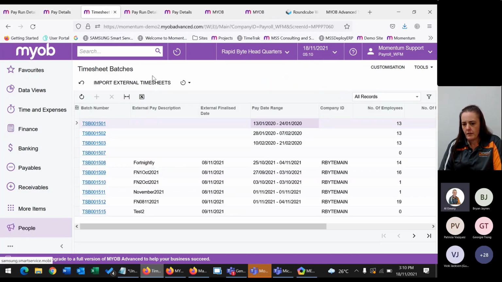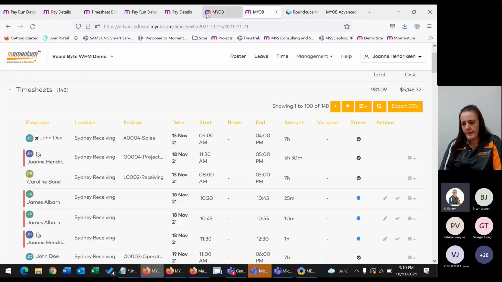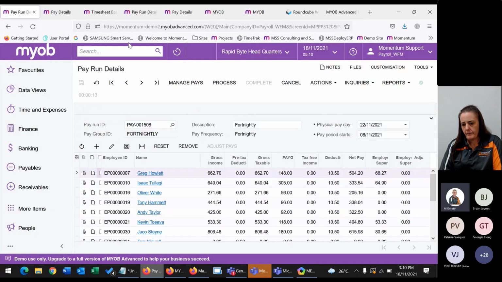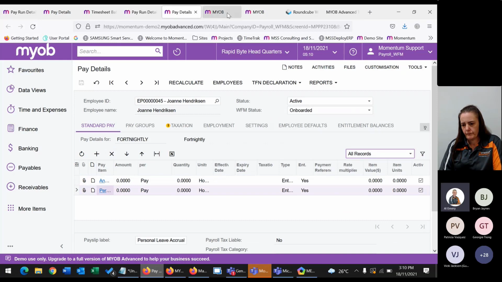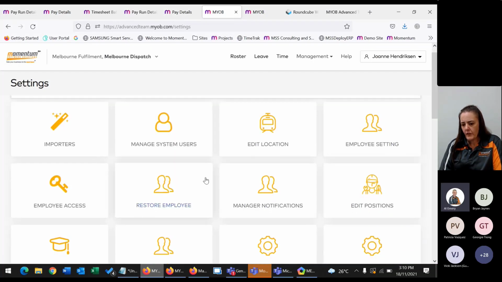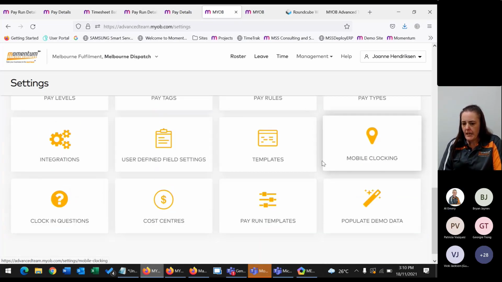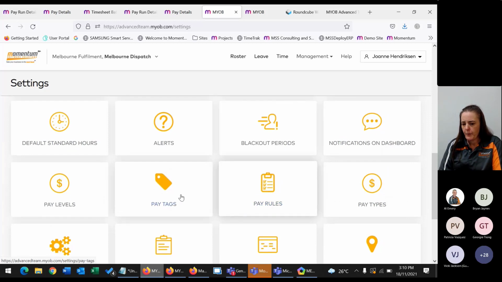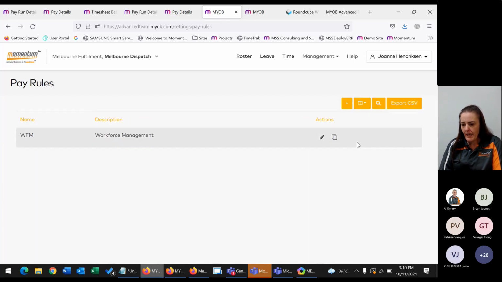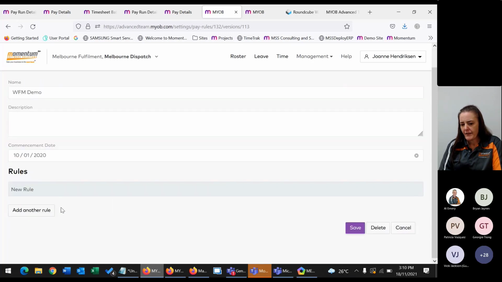Worth mentioning, that's going to be an award interpreted pay. Correct. So with the calculation of any overtime or additional allowances that might apply based on the pay rules. Yep. Correct. So if we have a quick look, and I won't delve too much into pay rules because it's something that you could probably spend an entire day on. Every type of employee can have a different payroll group or award. And then we can have different rules for different dates on these.